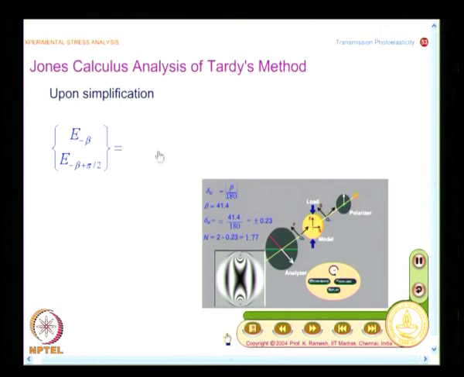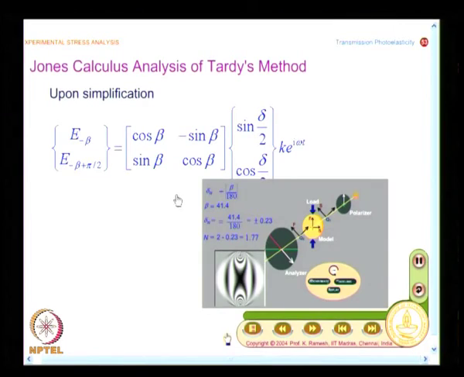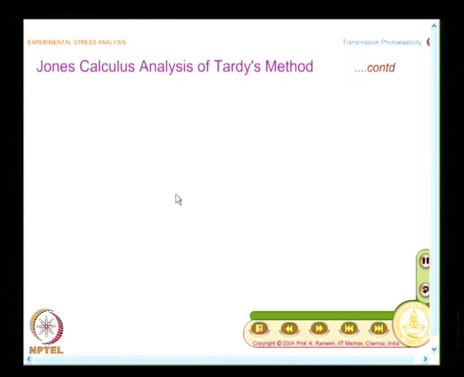And when I do the simplification, I get the final expression in this fashion. I have not multiplied this rotation matrix, the rest of the matrices reduced to sin delta by 2 and cos delta by 2 k e power i omega t. You can verify your calculation, and this is how you get the expression. Now, I am going to say that the horizontal component goes to 0, and finding out that is fairly simple. That is fairly simple, that you can work it out, and when I do this, I have it like this.